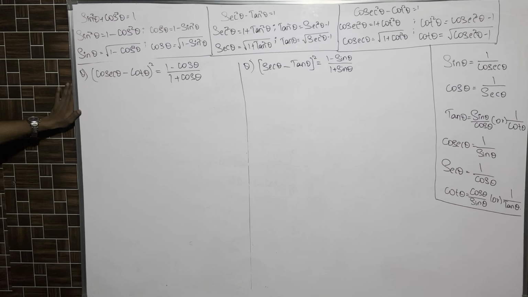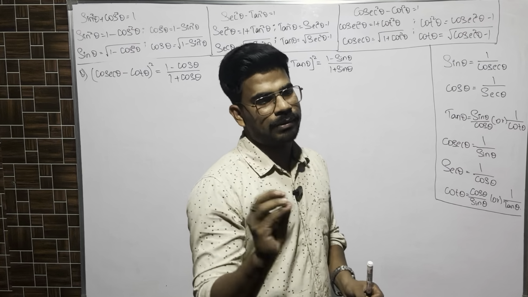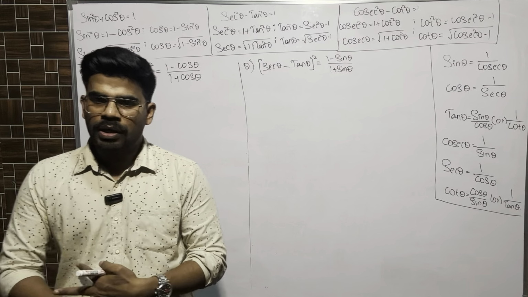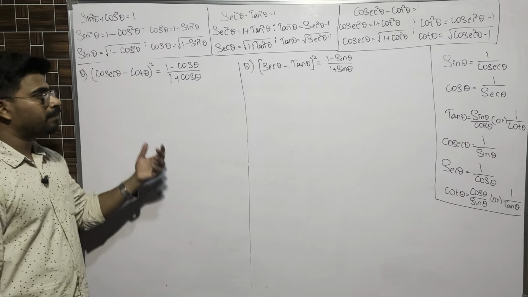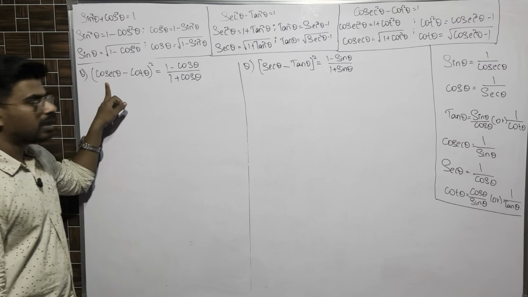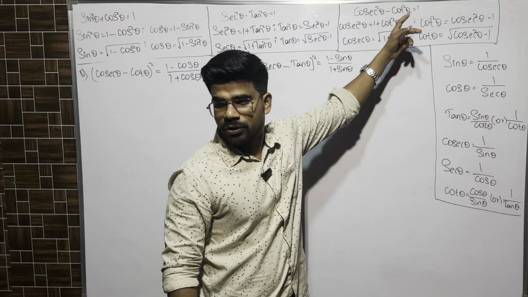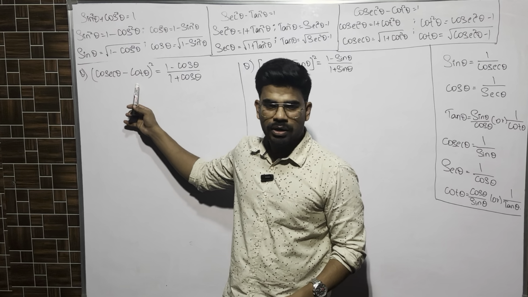Another set of question: here we have (cosecant theta minus cot theta) whole square is equal to (1 minus cos theta) by (1 plus cos theta), we have to prove. So in the previous question root was there. So you have to keep certain pointers before solving the question. If root is there, you have to rationalize and get rid of the root. While rationalizing, the a plus b into a minus b formula is used for sure, that you have to remember. Second case, if it is square, for example cosecant square and cot square, then we would have gone for this formula, cosecant minus cot. But is square there on the cosecant individually? No. For cot, square is not there, whole square is there.